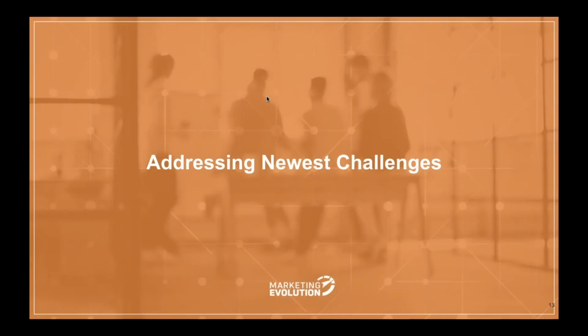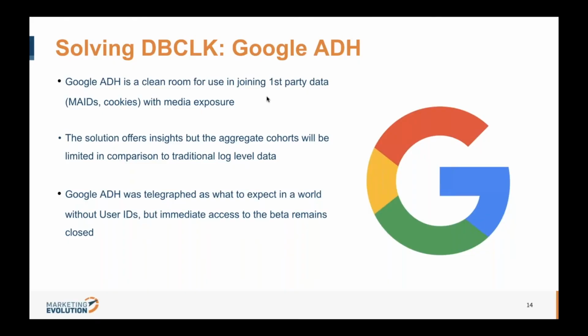So let's talk about how we intend to address some of the newest challenges that we're being faced with. Solving for DoubleClick using Google Ads Data Hub, or ADH. It's almost too easy if it were available. Google ADH is a clean room for use in joining first-party data, mates, cookies, anything else you might have with